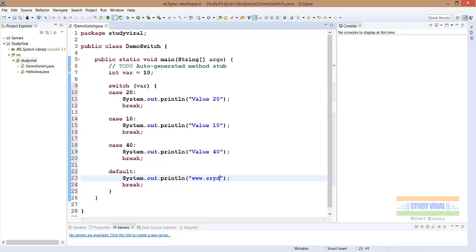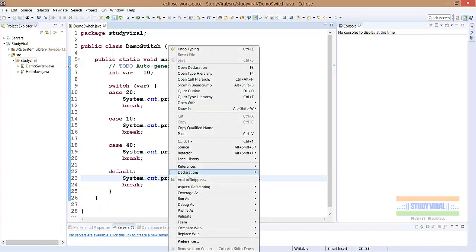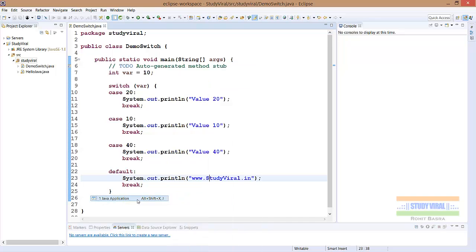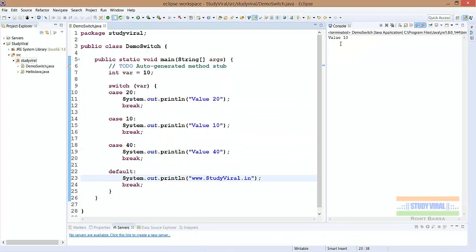This is my default value. If I now execute this code, right click on it, run Java application, then this is my result,